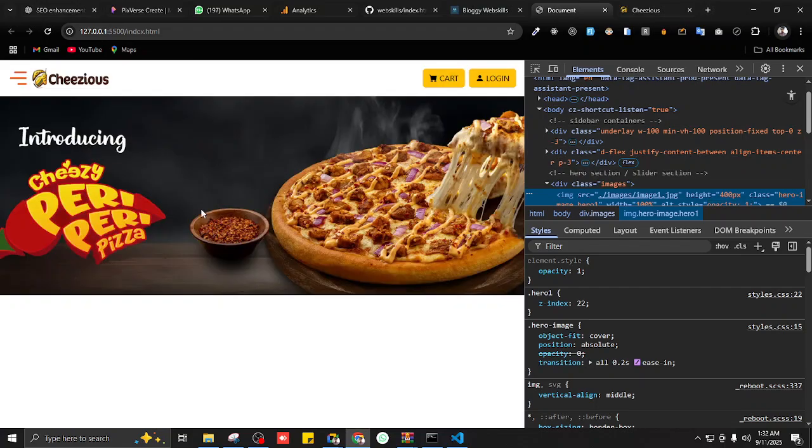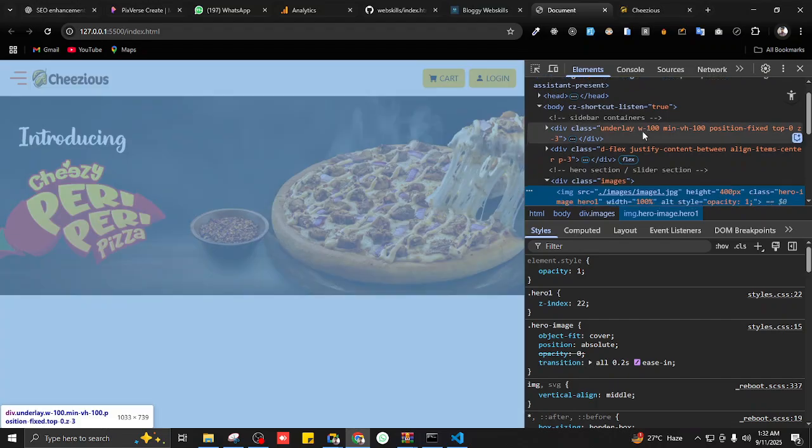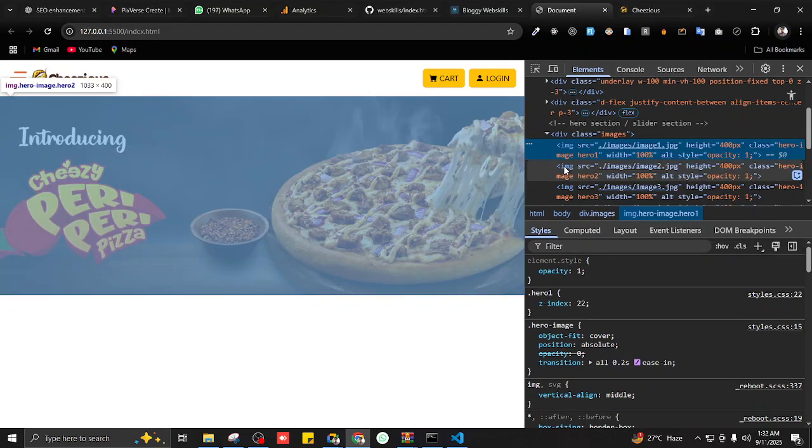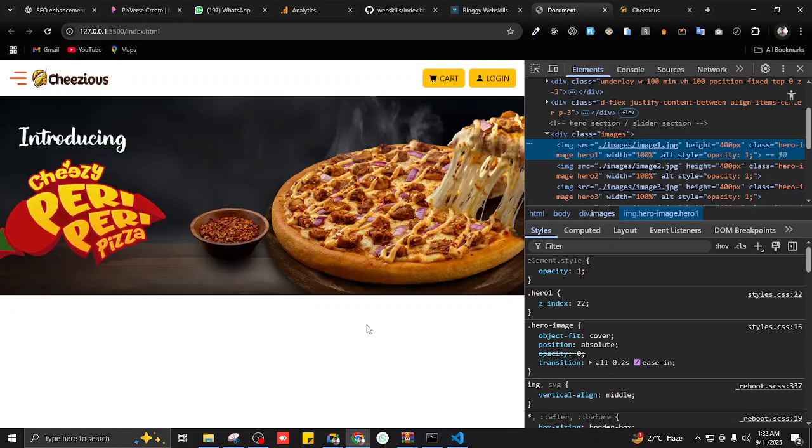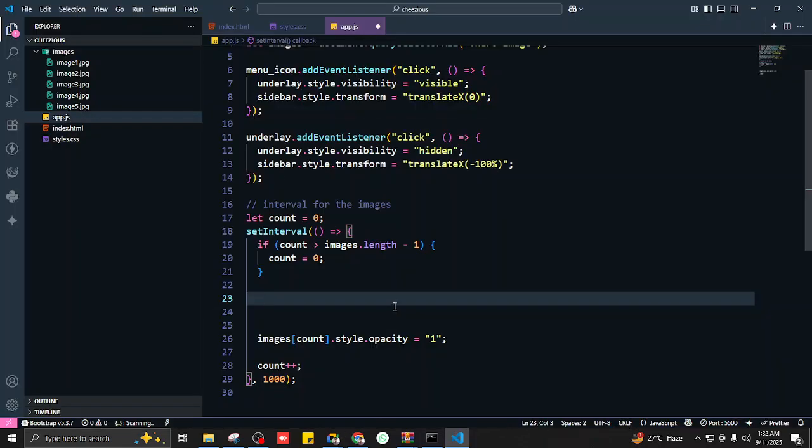It is being shown, but the only problem is it's so fast that we're just seeing this last image, and because of the z indexes as well. Okay, so before assigning the opacity of 1, we need to decrease the opacity of all the images. So get the opacity of 0